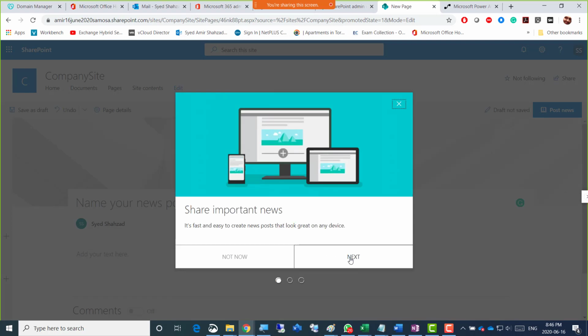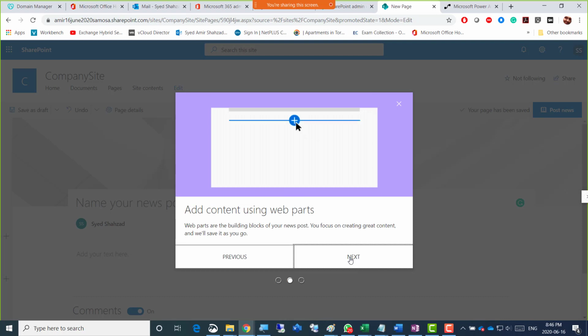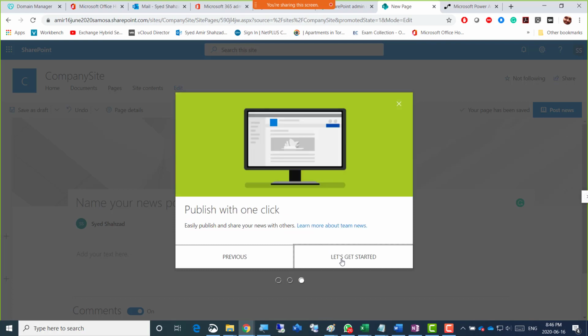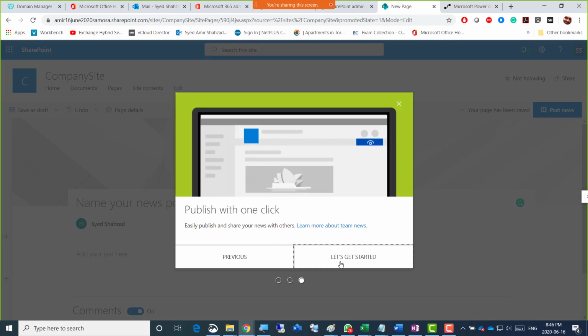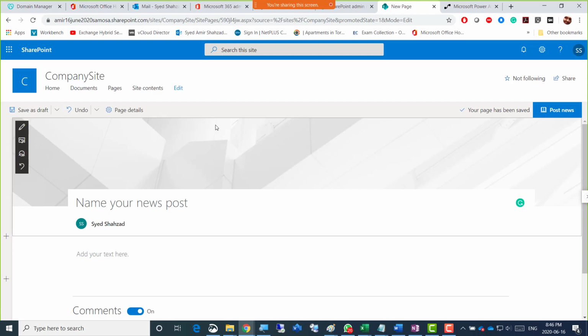So share important news, and next, add content using web parts. This is what we need to see as well. What are web parts here, right? And then next, publish with one click, and let's get started. So it created a page here of news post. And if you just put some news there,